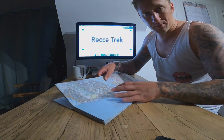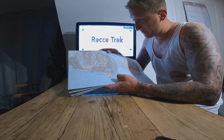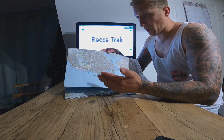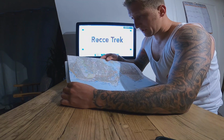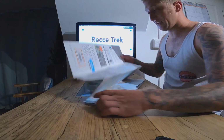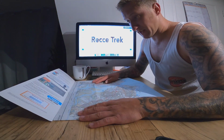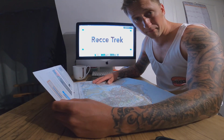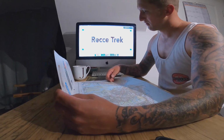So for example, on this map in particular, on the front, it's got Gosport and Portsmouth, and I don't intend on hiking through Gosport and Portsmouth, so theoretically I'll just cut that out from the map, because it'll make it less bulky when folding, and it's just pointless having it on there because I won't ever need it,